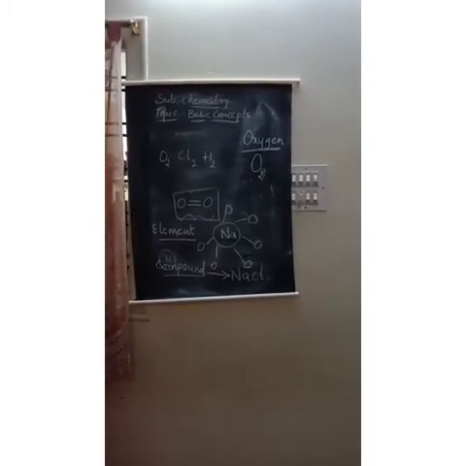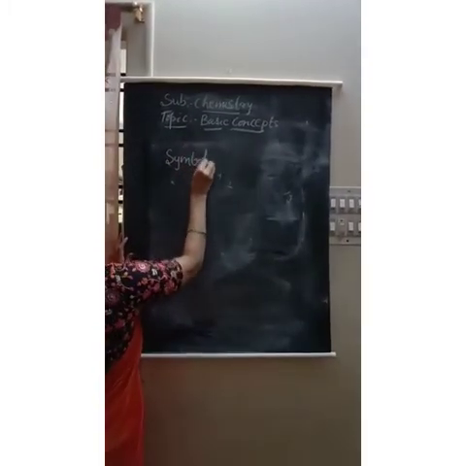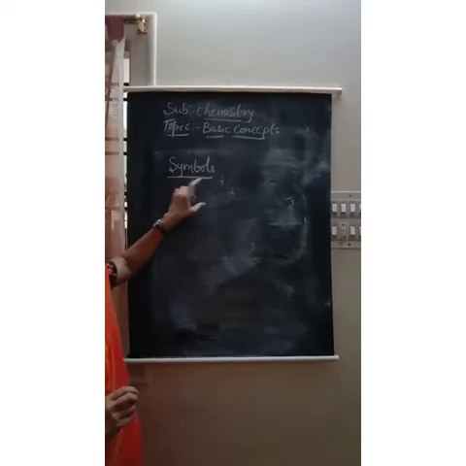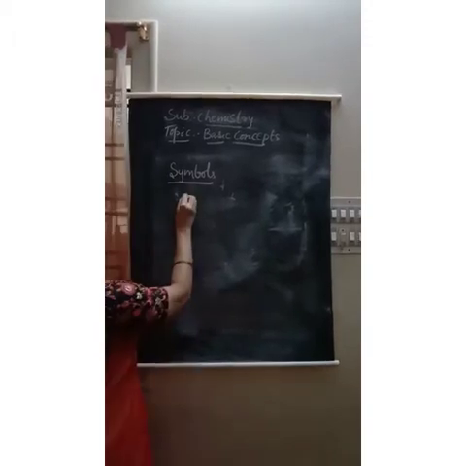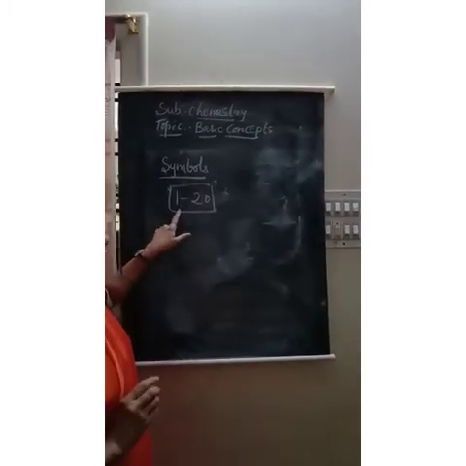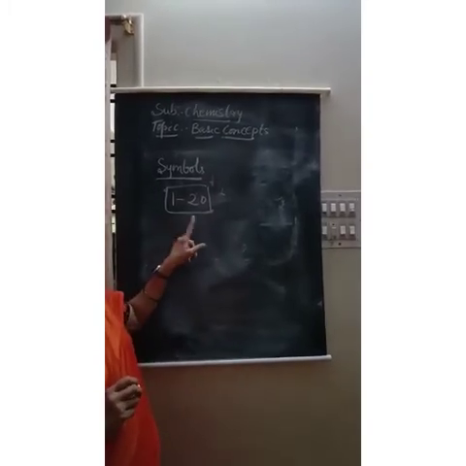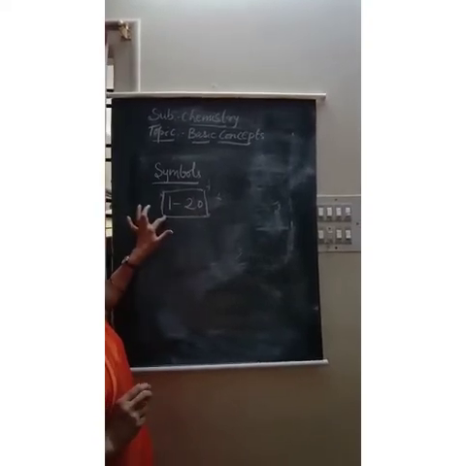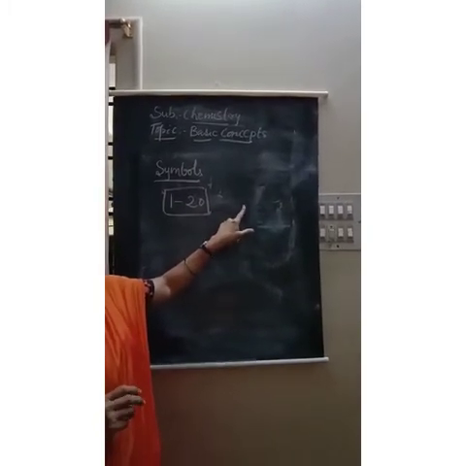Let us understand. What are symbols? A symbol is a short scientific notation to represent an atom of an element. You should learn at least the first 1 to 20 elements, children. The atomic number of hydrogen is 1. The next ones are helium, lithium, beryllium, boron. Like that, learn the 1 to 20 elements, the names of the elements, atomic numbers and atomic masses also, children. That is very fundamental.